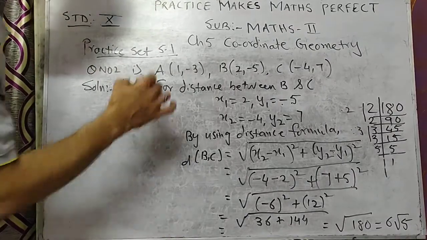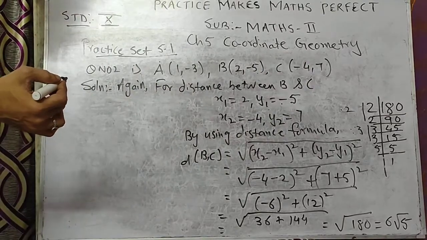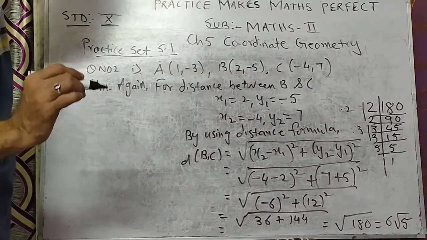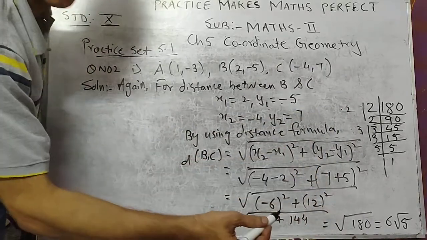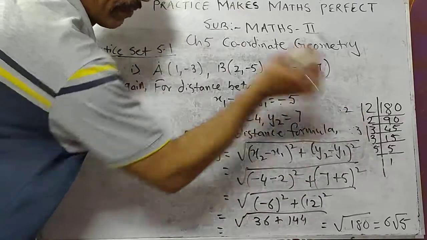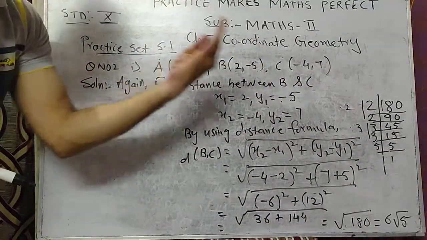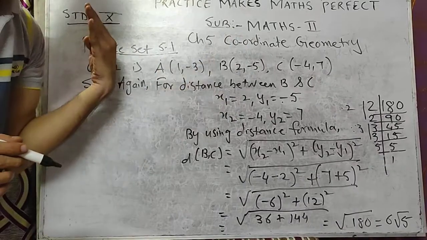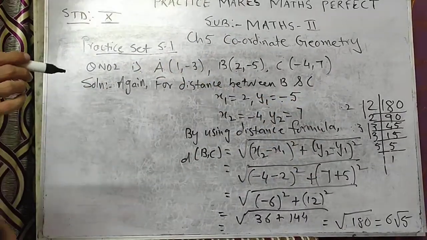Now we have to find out distance A comma C also. So this prime factor method is important. If you don't know how to convert this, you can use prime factor method. Make groups of the numbers, from each group one number you will select, and you can get the answer.